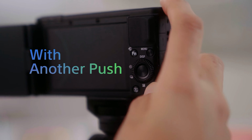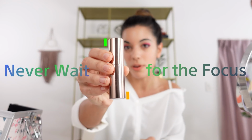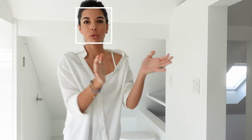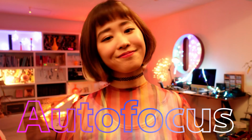If you're a hybrid shooter who is interested in capturing both video and stills, but doesn't want to carry around two cameras, the ZV-1 has a lot to offer. The ZV-1's ergonomics might seem a little quirky at first, but are fairly intuitive once you start shooting. There's a modest grip on the right-hand side and it's comfortable to use when shooting in selfie mode or a